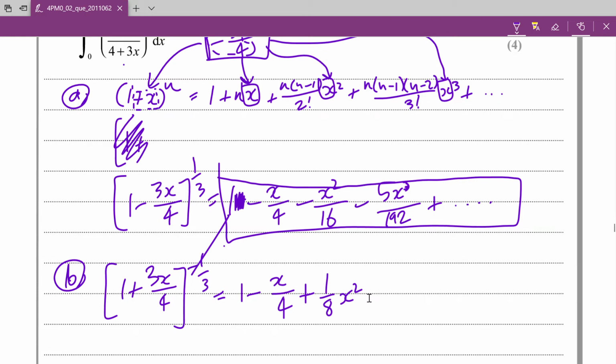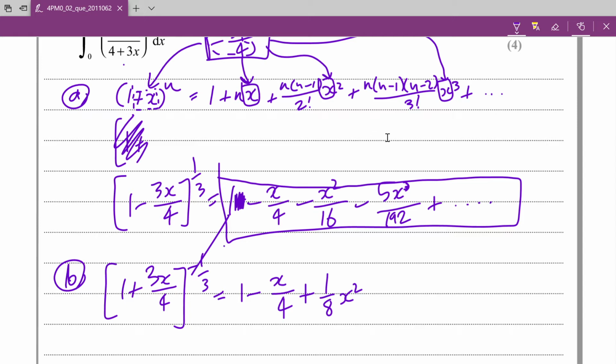And again, it's the same routine for the third term of the series. N times n minus 1 times n minus 2 would be minus 1 over 3 multiplied by minus 4 over 3 multiplied by minus 7 over 3, which evaluates to minus 28 over 27, which is just below negative 1. And then you multiply this by 3 over 4 cubed, because 3x over 4 cubed is going to be 3 over 4 cubed times x cubed. So multiplied by 3 divided by 4 to the power of 3 on this calculator, and you get the result